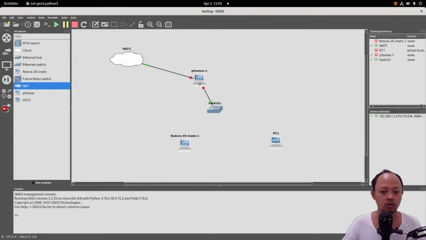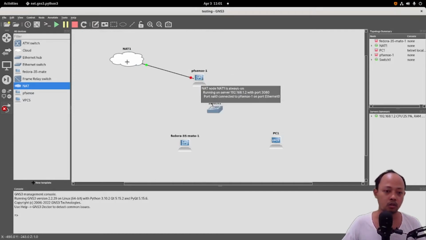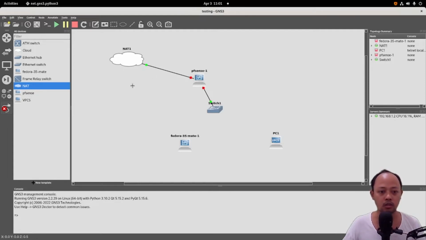So the router will connect to the internet through the NAT, and then connect this Fedora and the VPCS.